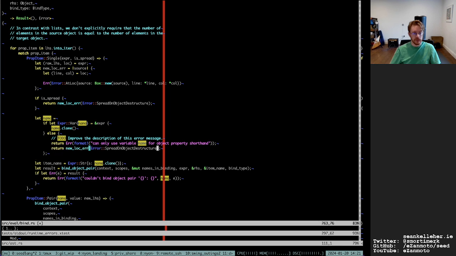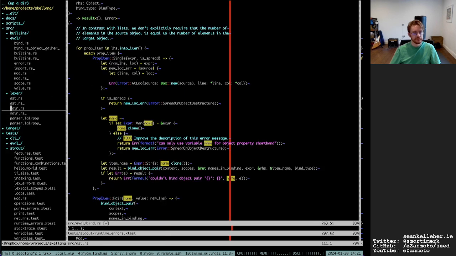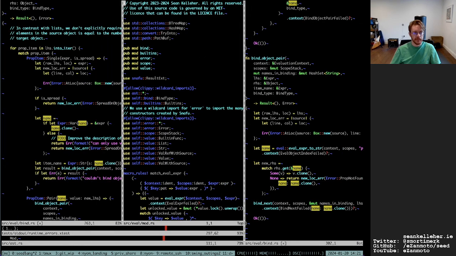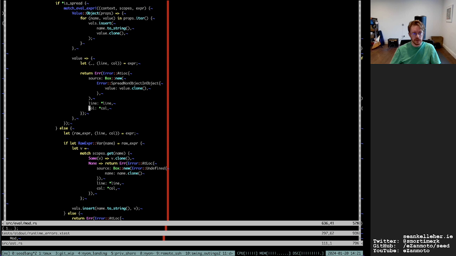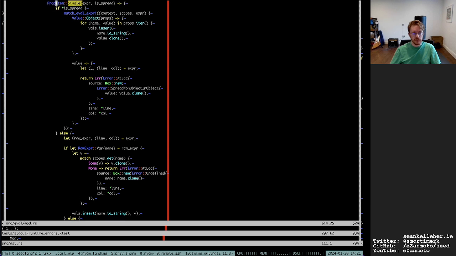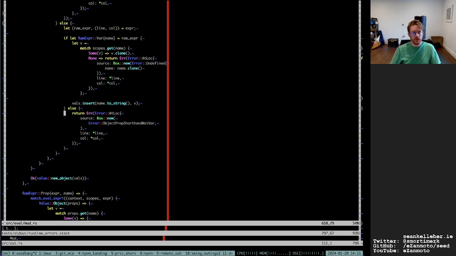So for this fellow, I'm going to say it's the same as I have in mod, I think. And it's accessing single. Oh, maybe not. Oh yeah, object prop shorthand, not var.